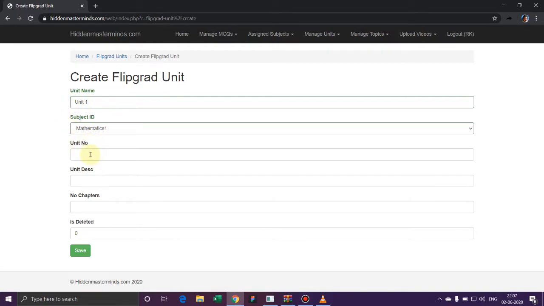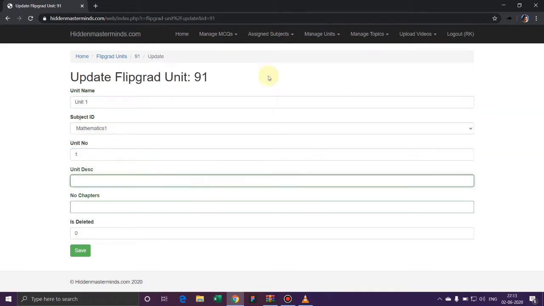Then it is asking for the unit number, so it will be 1 for my first unit, and then it is asking me for the unit description and the number of chapters in that particular unit. For now I will just keep the unit description as demo 1, like maths 1 is the subject of sem 1, or you can say batch 1.